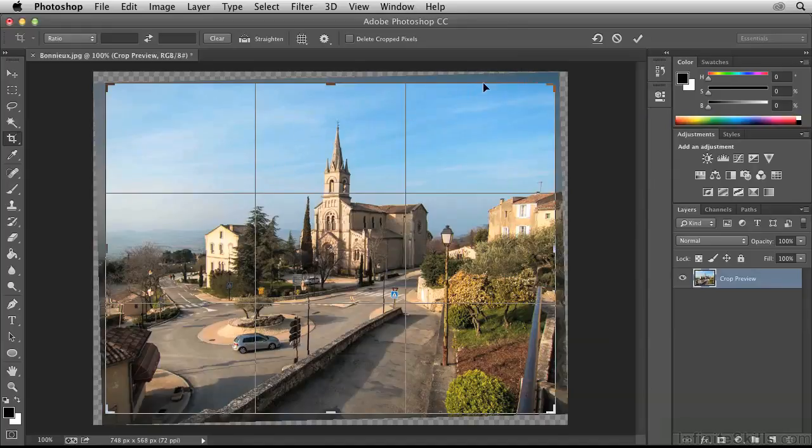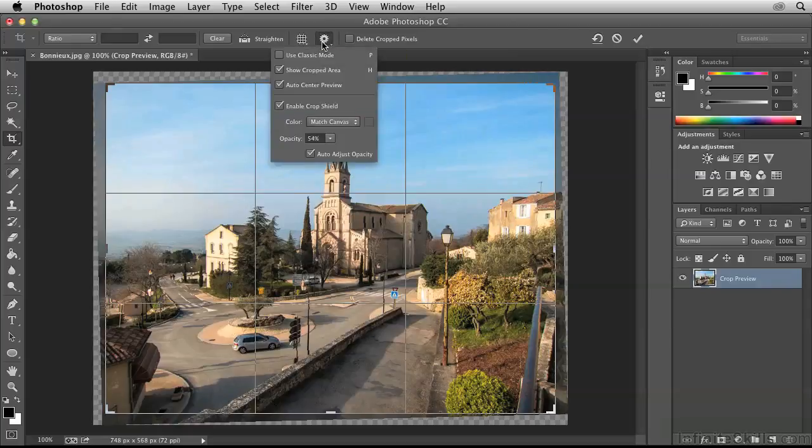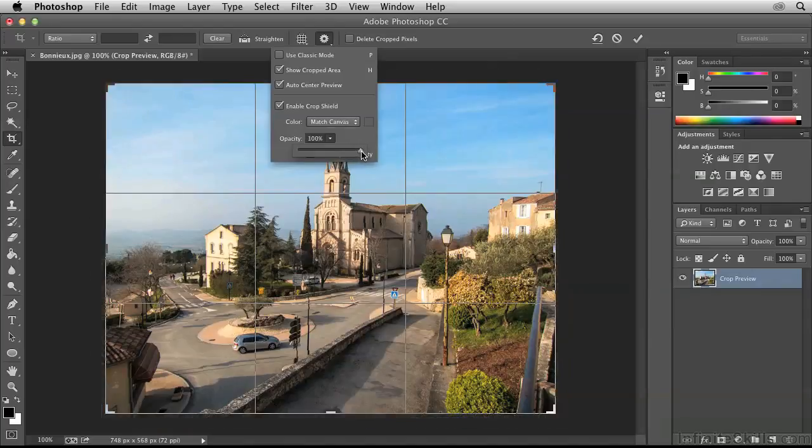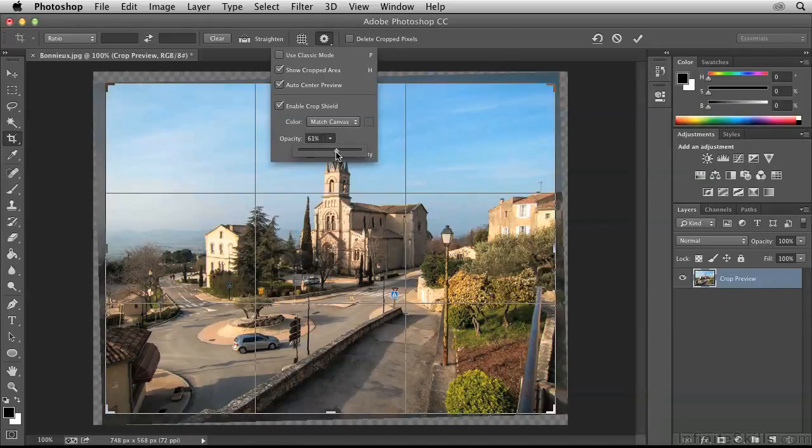What we're seeing out here are pixels that are going to be cropped away. It's called the crop shield. And you can use this menu here to get access to additional options. And down here you can change the opacity of the crop shield. When the shield is completely opaque, you can't see the pixels that it's going to crop. But I recommend turning this down a bit so you can be aware that there are pixels there that you